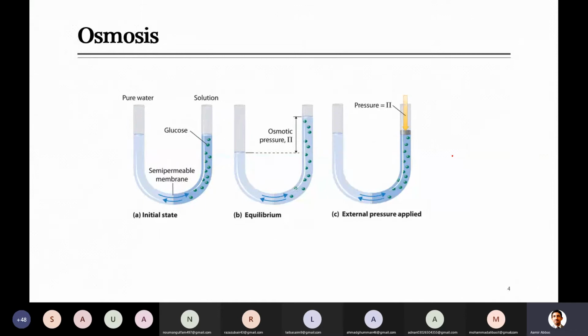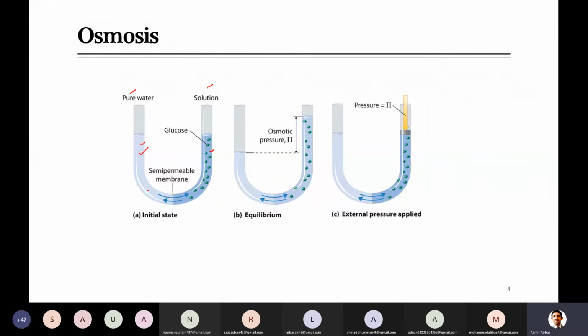Here is another example in which you can see we have pure water. This was also somehow discussed in the last lecture. So pure water on one side and solution on the other side. There is a semi-permeable membrane at the bottom, in the middle of this tube. So definitely, if you look at this system, naturally this pure solvent, because this is pure water, its solute concentration is almost zero. We just consider that there is no solute molecule here, while on the other side it is a solution. That means there is a solvent as well as solute.